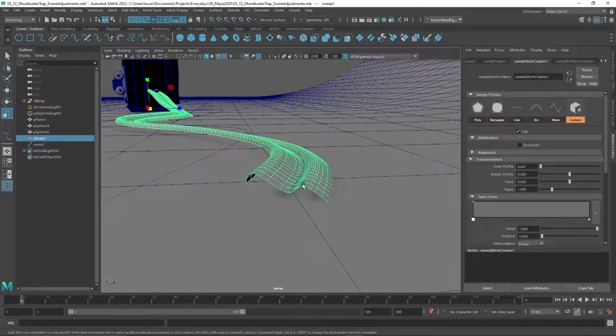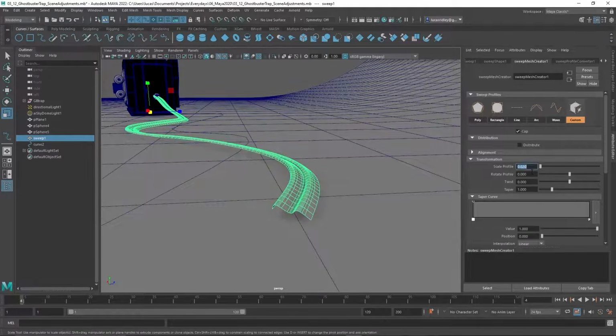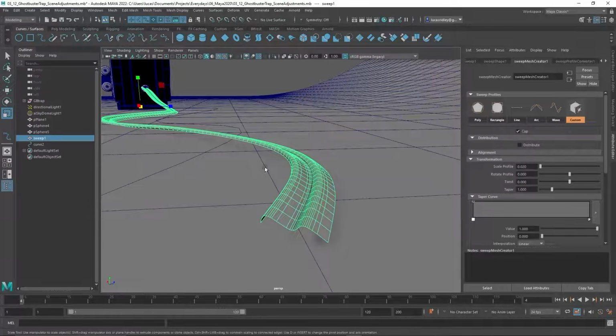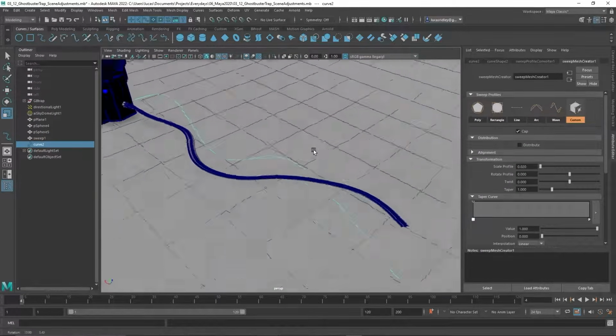And then obviously the way to counteract this is to scale up the entire thing. And if we want to scale that down, we can just scale it down through these attributes here and get back down to the size that we wanted. But that's something noteworthy to look out for if you want to use a custom effect.